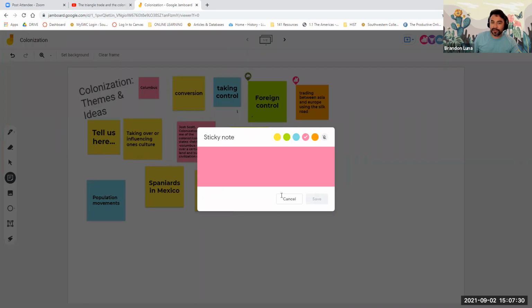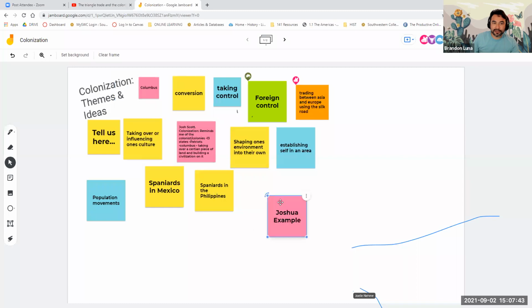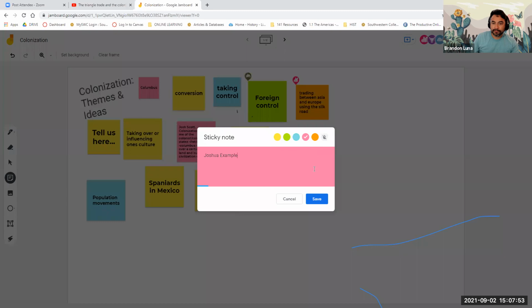So we have a couple of different examples here. Once you type it, so let's just say as an example, I'm just gonna put your name, okay? You press save. It's gonna pop over here. You click on the sticky note, and then you can move it to here. Or if you'd like to tell me, I'd be glad to type it for you, whatever you prefer. Okay. What works best for you, Joshua?